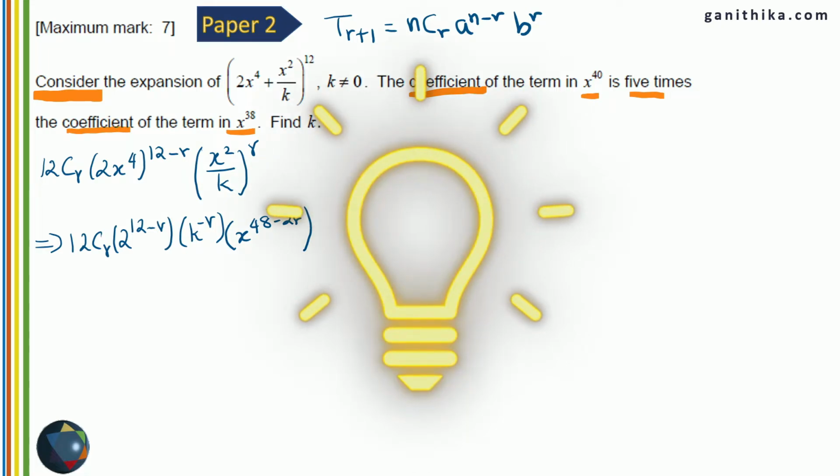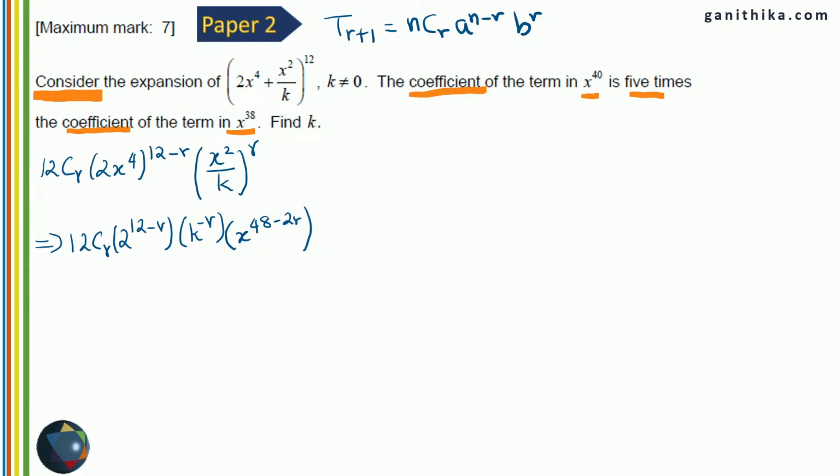So that is another tip you have to have. Whenever you have a denominator in this formula, k to the power of r becomes k to the power of negative r. So taking the denominator value to the numerator, the power will become negative. So that's the way you need to write for all these questions. Don't keep the denominator in the denominator. Take it to the numerator by changing the sign of the power. So k to the power of r in the denominator becomes k to the power of minus r in the numerator,